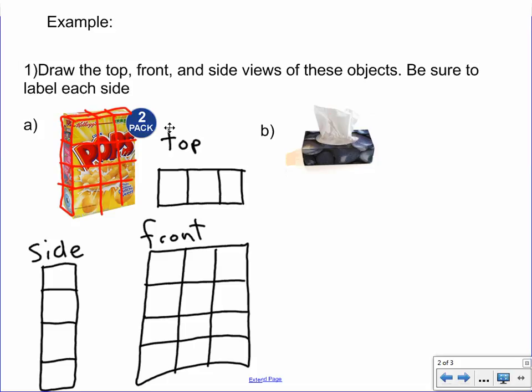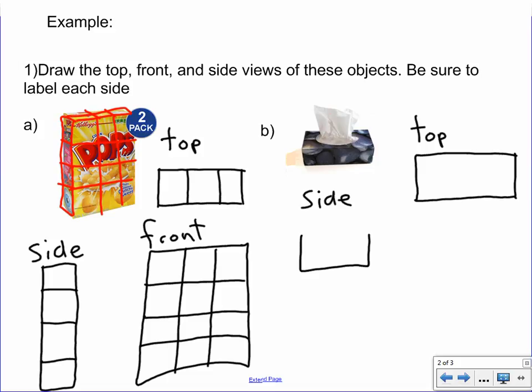The Kleenex box is a little bit smaller, so that's okay. A little less work. If we look at the top of the Kleenex box, it's a little bit wider than the corn pops box, so there we go. We have the top view. If we go to the side view here, so much smaller, isn't it? There we go, just kind of like that. And then the front view,